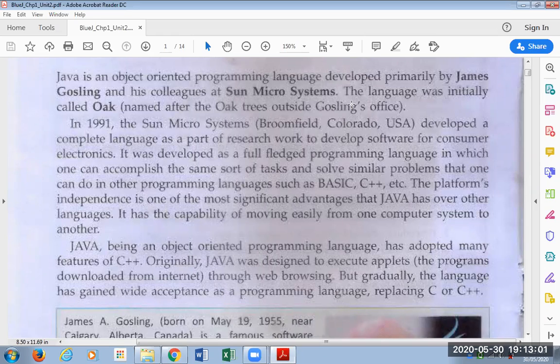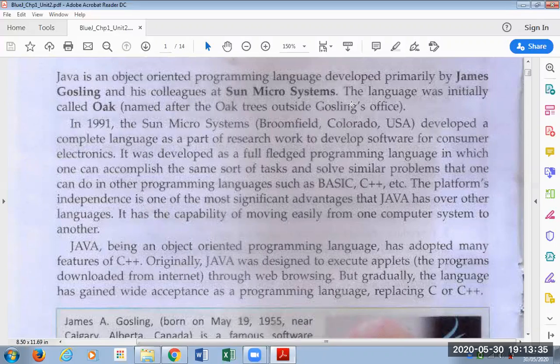In 1991, Sun Microsystems, Broomfield, Colorado, USA, that's where the company is, developed a complete language as a part of research work to develop software for consumer electronics. That means they came out with a language to make programs which can be put inside electronic devices.